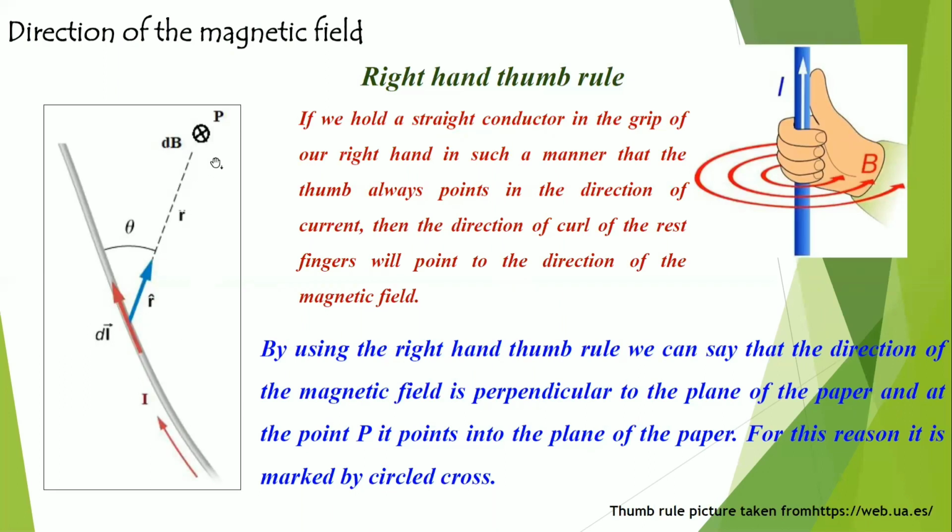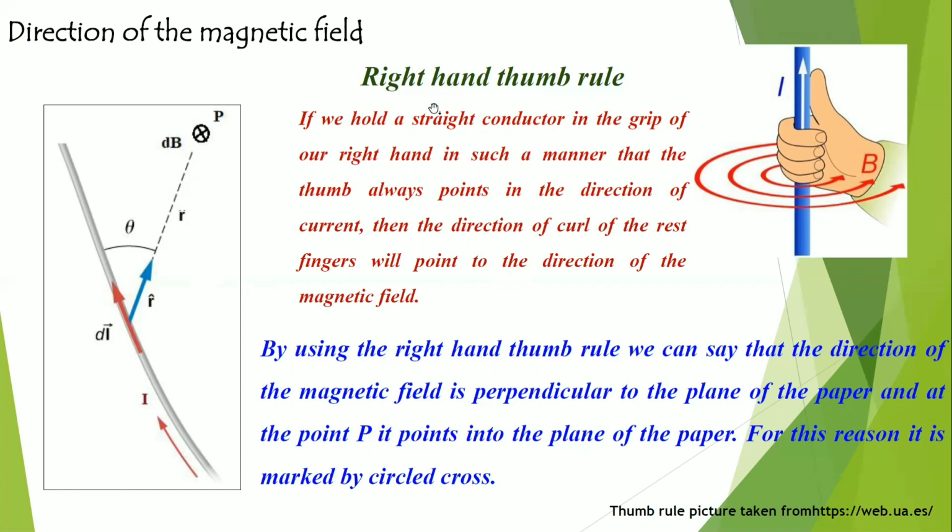So it can be easily determined. Some laws are there, and from this is Maxwell's corkscrew rule and the right hand thumb rule. The right hand thumb rule is discussed here. It is very useful and very